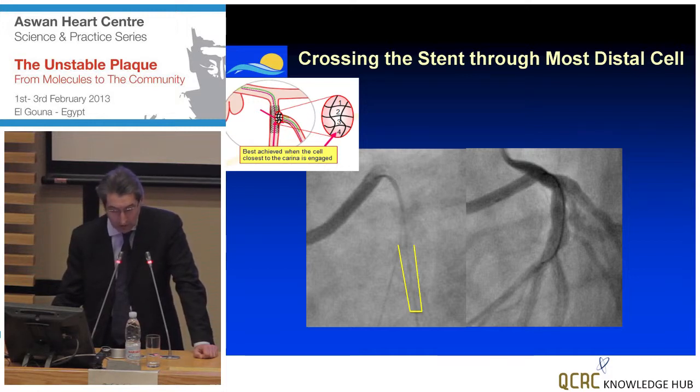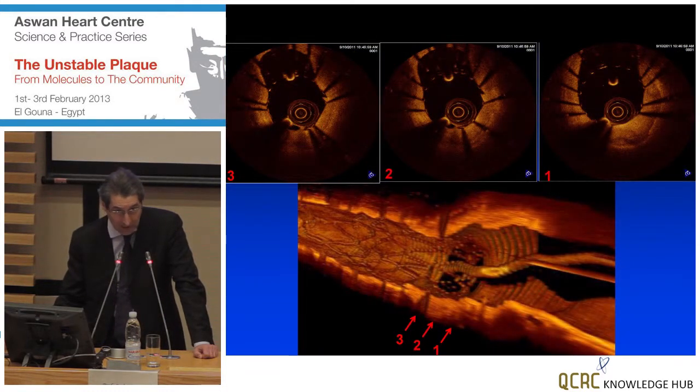It's been shown over and over that if you cross your struts doing provisional stenting in the most distal cell, you achieve a much better opening of the stent towards the side branch than when you cross in the more proximal cells. But this, in a way, was just wishful thinking of the way we were doing, pulling our wire back and trying to fall immediately into the most distal cell, but there is no way angiographically to say where you are with your wire, and the same with